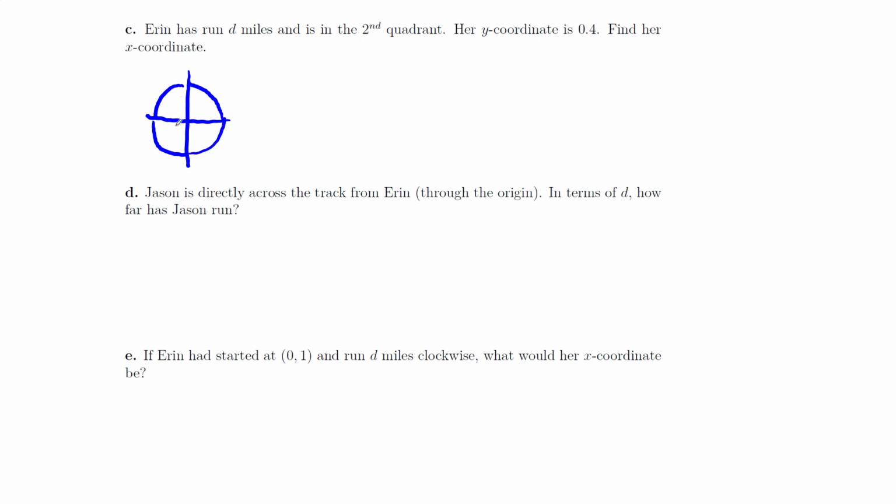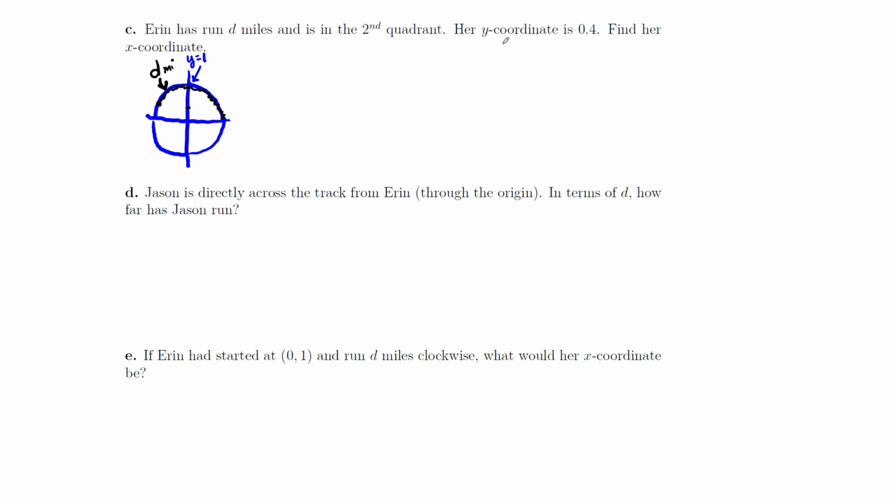Okay, so Erin's run d miles in the second quadrant, right? Now remember, this is the unit circle, so we know that this is a y value of 1 up at the top. So when we talk about y being 0.4, we can get a pretty good idea of where that location is. So 0.4 is about right there. That means if she's in the second quadrant and her y value is 0.4, she's right here, right? So this distance here